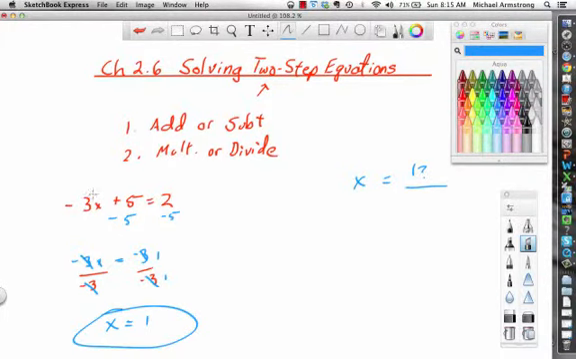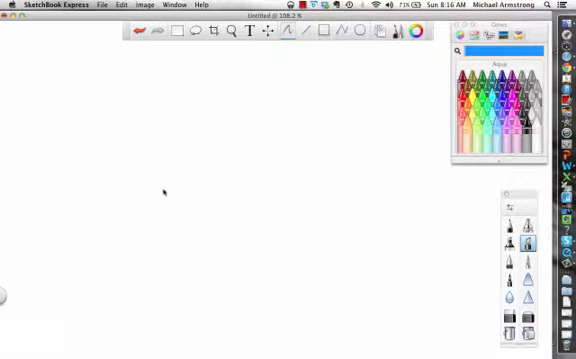And if we put that back in, instead of the x we put in a 1. Negative 3 times 1 is negative 3. Negative 3 plus 5 is equal to 2. We can see that work. Second example